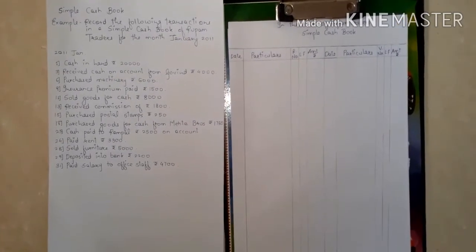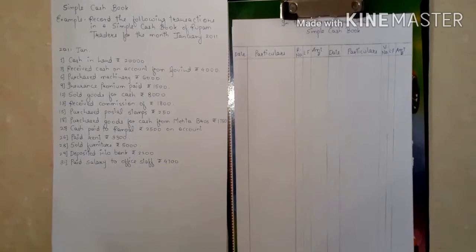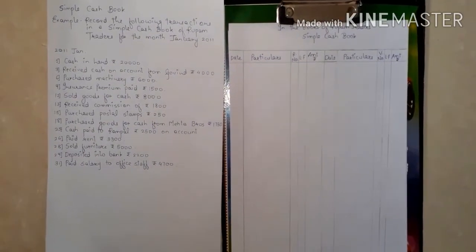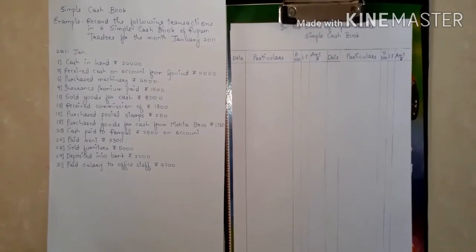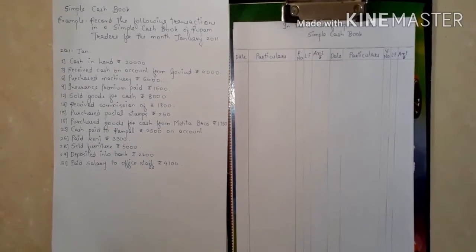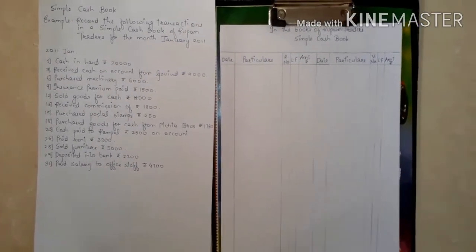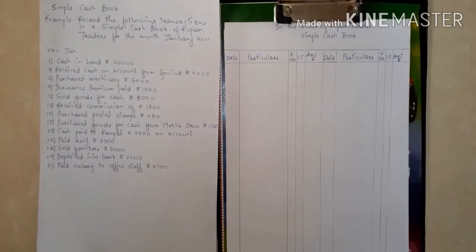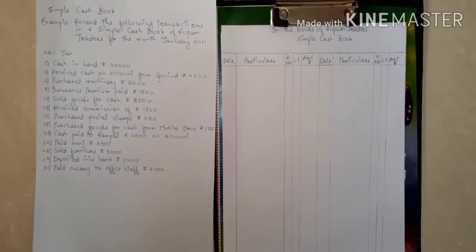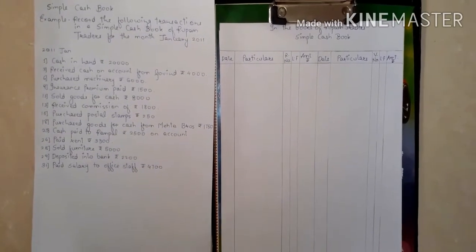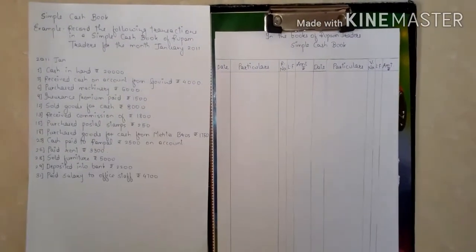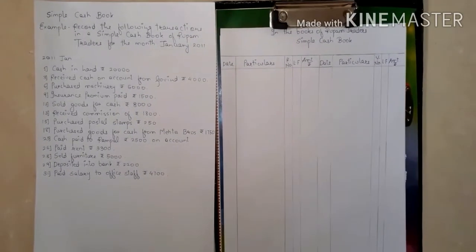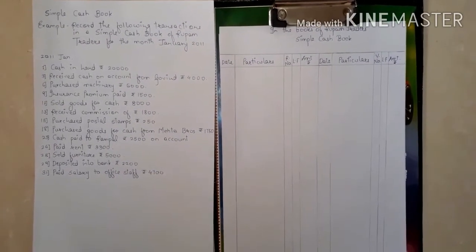Cash in hand rupees 20,000. Now this cash in hand is of previous year, that is the amount that is left with Rupam Traders at the end of particular accounting period. So we have to take it in the another financial period, that is new accounting period. And this is of previous year. So this is the opening balance of our business. We have to include it in our business.